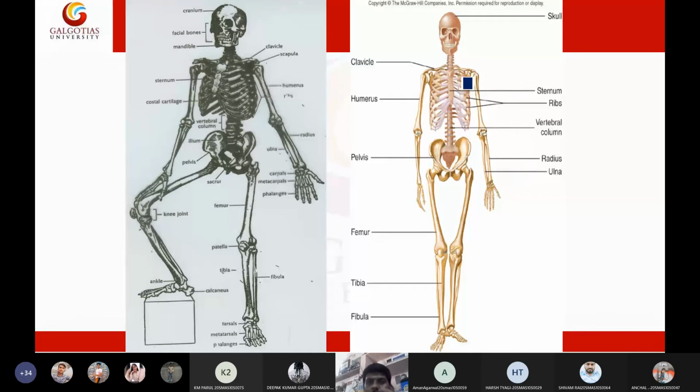Then you have the rib cage. In the back, these ribs are connected to the spinal cord, whereas in the front, in the anterior aspect, these ribs are connected to the sternum. To be precise, the spinal cord has segments: cervical, thoracic, lumbar, and coccyx. The back side of the ribs connect to the thoracic vertebrae.